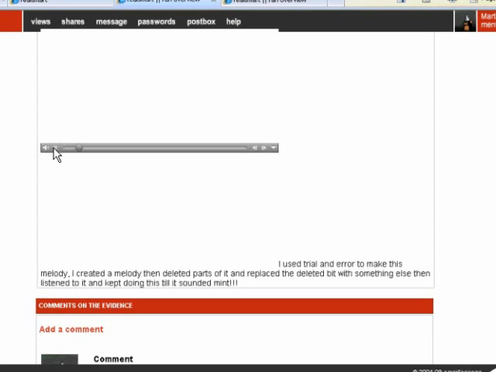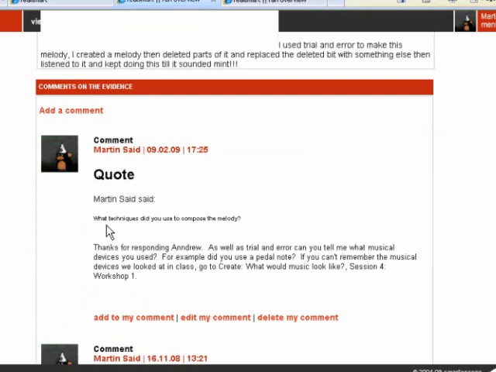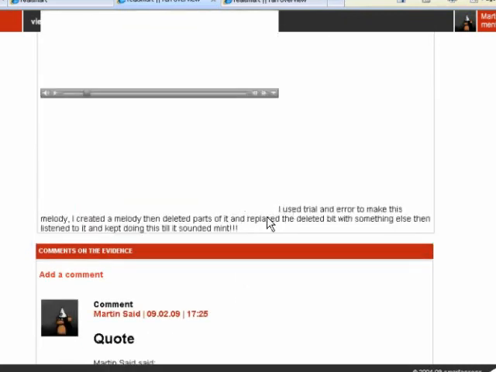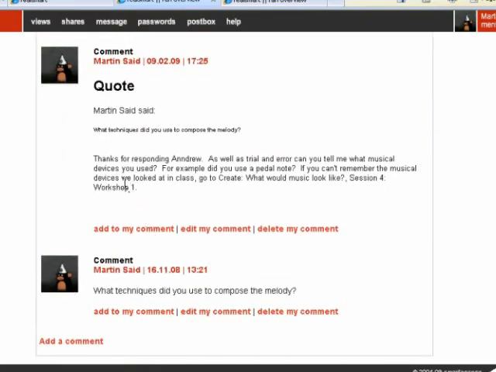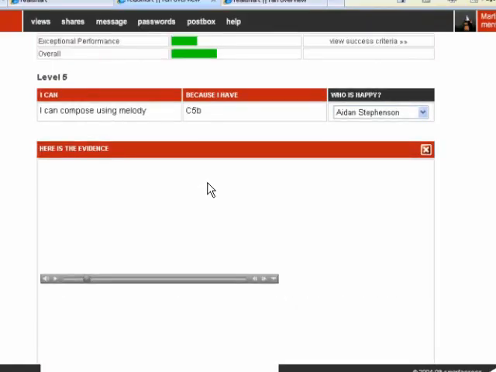It's the same piece of evidence, but this time he's talking about how he made the melody. I used trial and error to make this melody. Now, in the first instance, he'd only uploaded this clip, this MP3. So I said, what techniques did he use to compose the melody? And then Andrew's added to the evidence saying, I used trial and error to make this melody. So again, then there's a response from me. Thanks for responding, Andrew. As well as trial and error, could you tell me what musical devices you've used? And then I've directed him back to the lesson to recap his memory. So there's a dialogue going on there between the student and the teacher in terms of feedback,